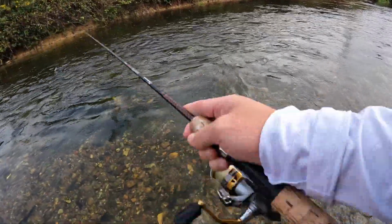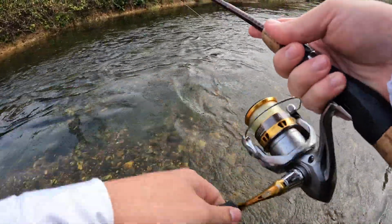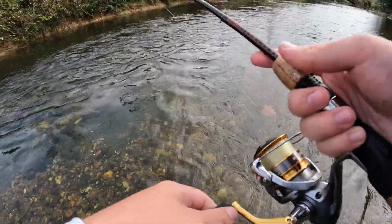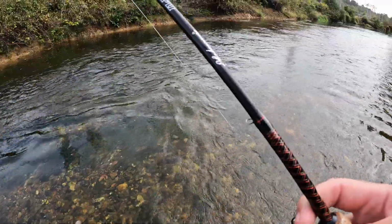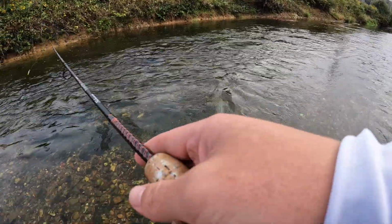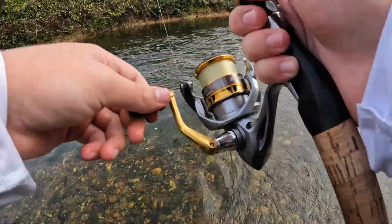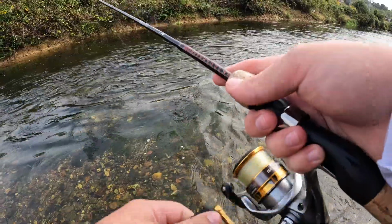I'm walking downstream a little bit further, and I've been seeing plenty of fish pop at the surface and all that good stuff, but they've just been wary of what I'm throwing here. I used a little Trout Magnet after I switched from the Euro Tackle. We went from a gold Trout Magnet to now a white and chartreuse mixed Trout Magnet, and